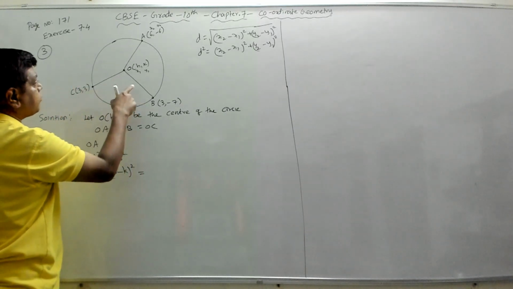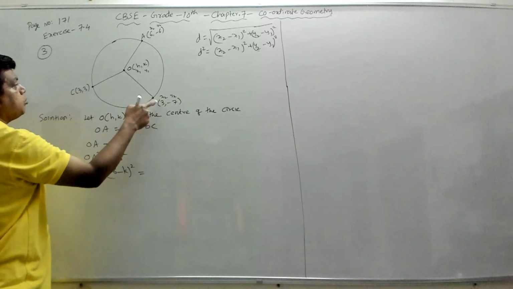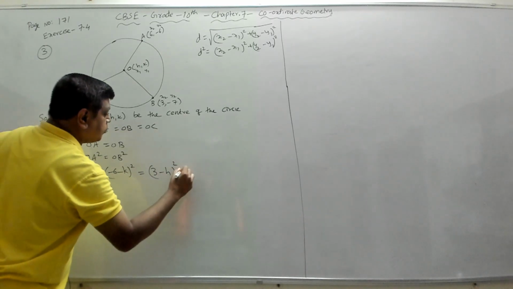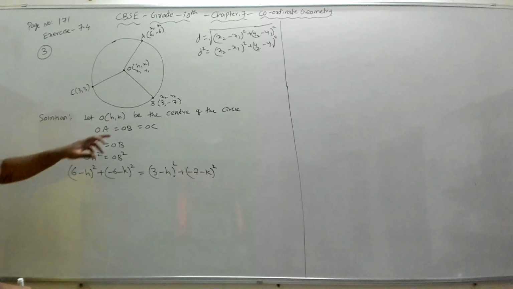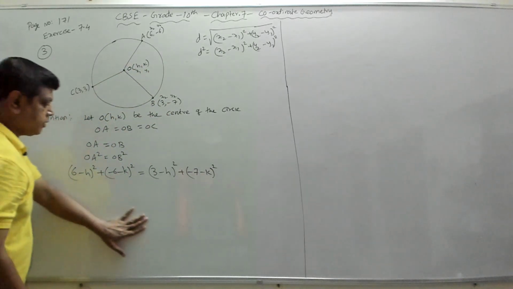Similarly, if you take OB, if you take this as x1, y1 and this as x2, y2, then again (x2 minus x1) the whole square, which is (3 minus h) the whole square, plus (minus 7 minus k) the whole square. So that is (3 minus h) the whole square plus (minus k minus h) the whole square. Now if you expand this,